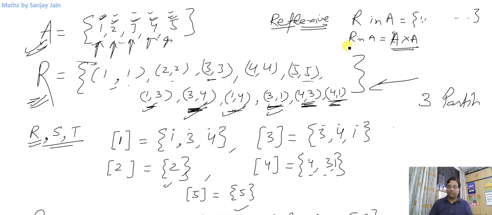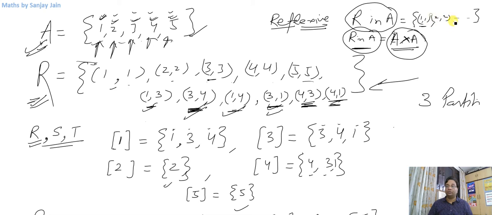right? So I'll have the minimum number of partitions for a relation in A if it has got all the elements of the Cartesian product of A with A. I'll have the maximum number of partitions for a relation in A if it has got all the doublets only. For example, for this (1,1), (2,2), (3,3), (4,4), (5,5) for this set, right? This is an equivalence relation.